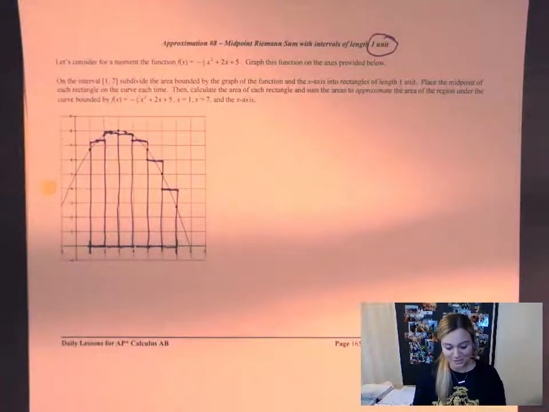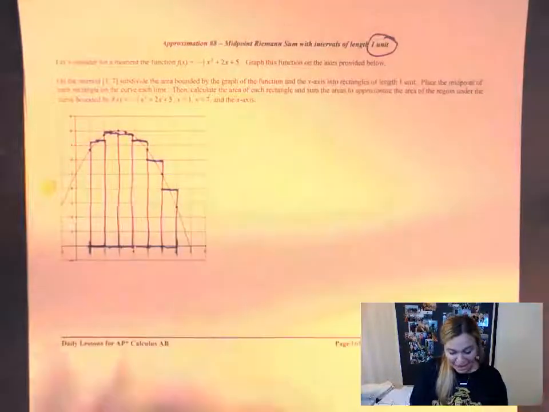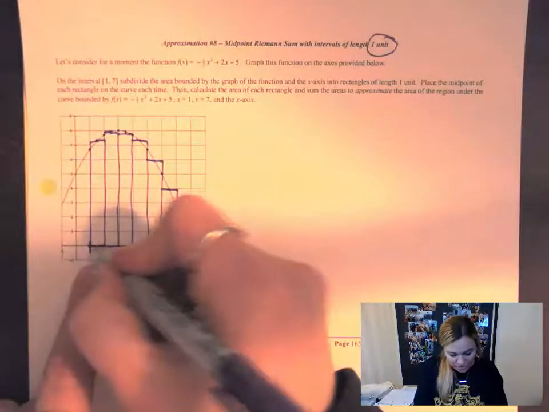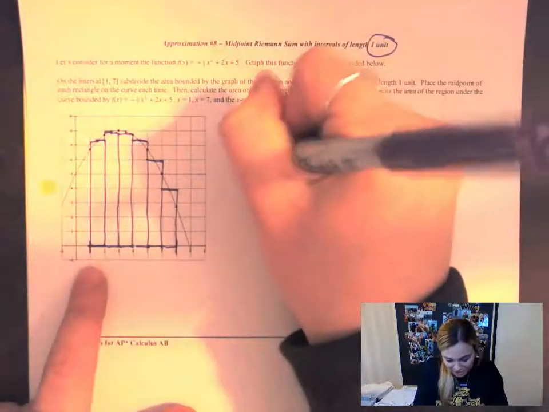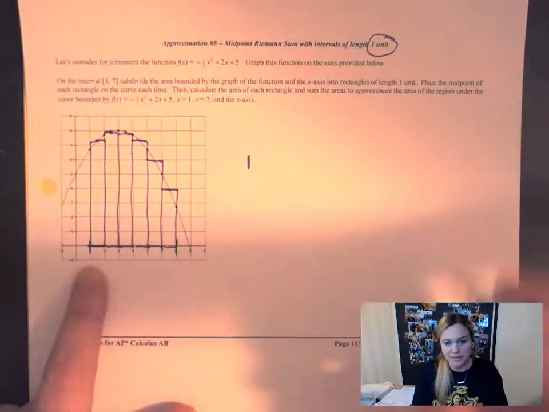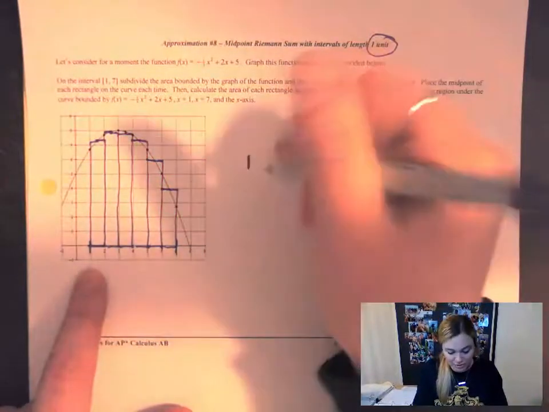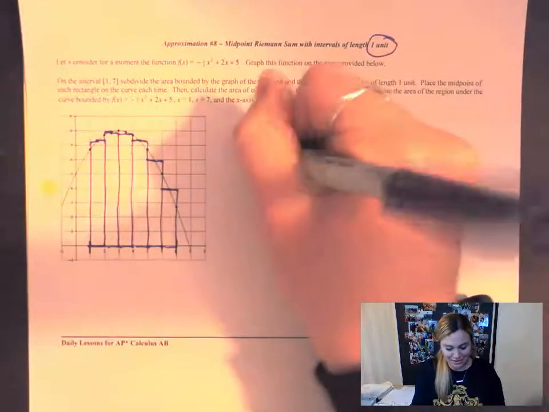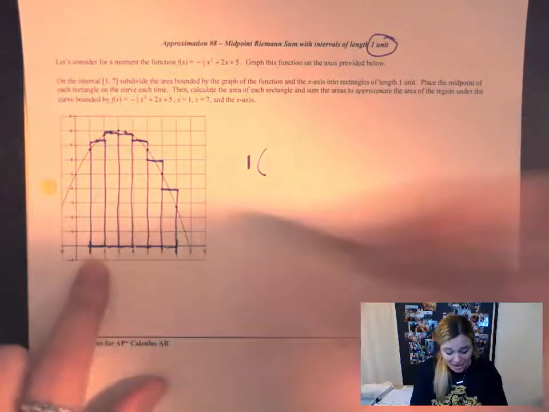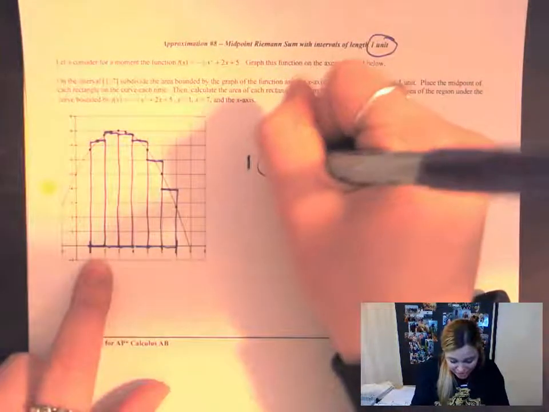Okay, midpoint. So there they are. And then I would take what is my length of my rectangle or my base of my rectangle, which is 1. And all of these, it's 1 times, and every single time it's the same. Or you can say 1 times each one, or you're like, I don't really need to multiply by 1 at all. That's fine. But remember, this would be like F of 1.5,